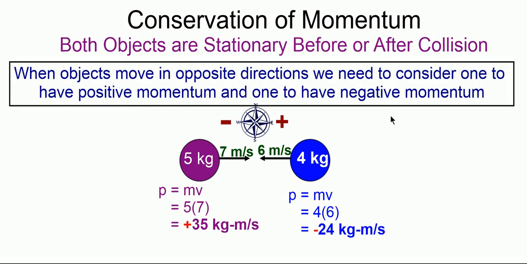In this video, we'll consider conservation of momentum problems where both objects are stationary before or after collision. Let's read these blue words to get started. When objects move in opposite directions, we need to consider one to have positive momentum, and one to have negative